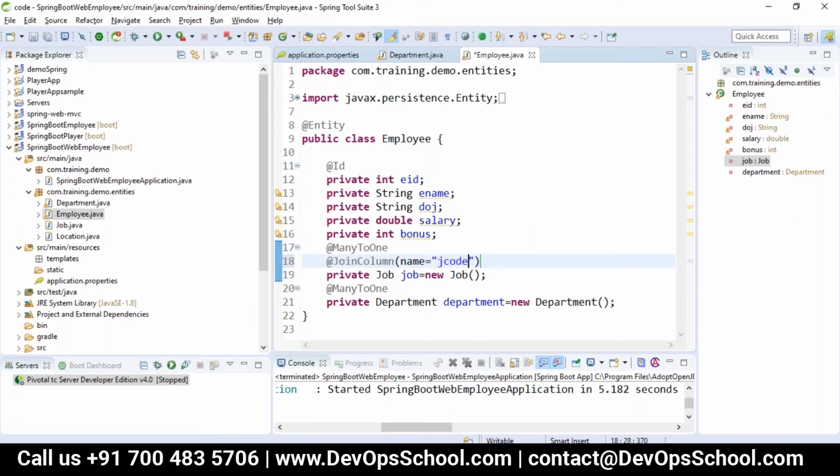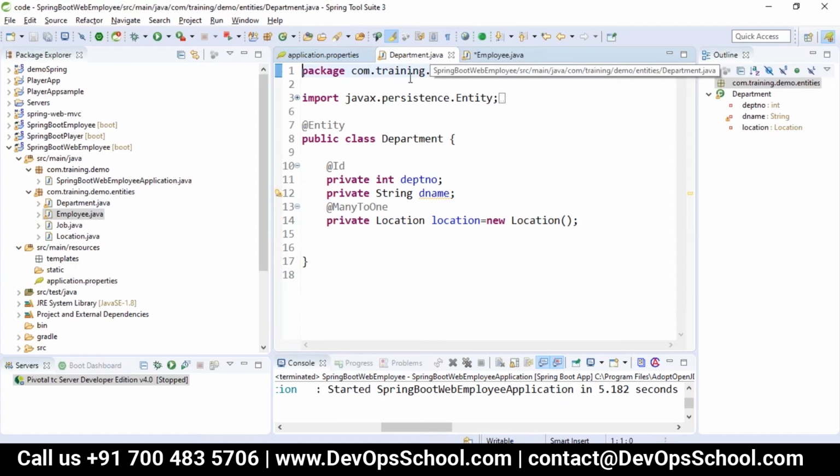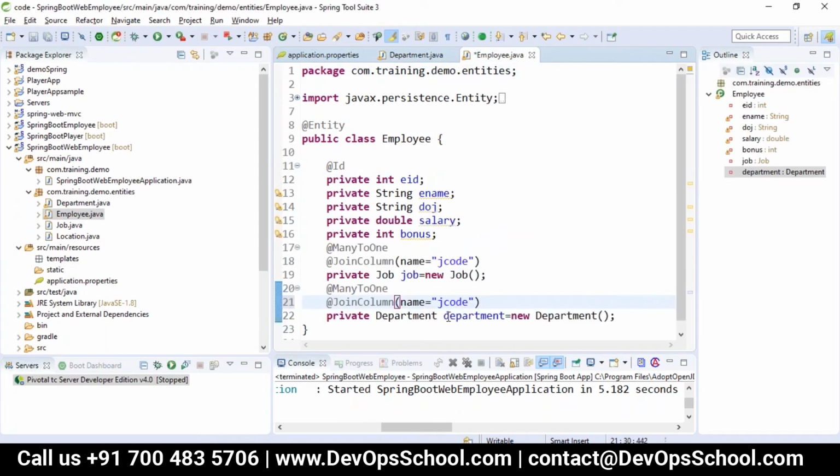I want the join column as J code for the employee. So same way, I will refer here for this in the department, whatever the primary key we have, which is department number, I'll use it here.